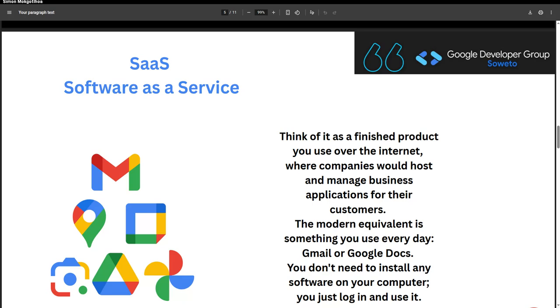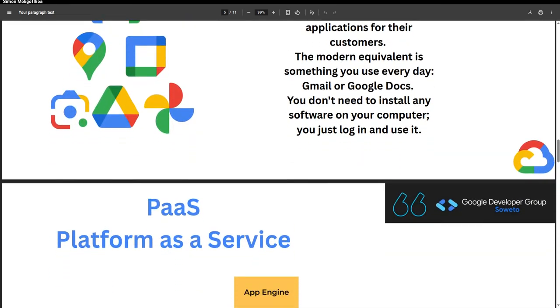The modern equivalent of something like that, or rather something you use on a daily basis, would be something like Gmail or Google Docs, where really you don't need to install the software per se. If you're on Android, of course, it comes pre-installed with your device, but really all you need to do is log into the system and you have access to these tools like your Gmail, your Google Drive, your Google Lens, Google Calendar as well, right? So this is the utility software that you use daily, but you don't have to worry about its implementation, where it is actually running. So that's a brief walk into software as a service.